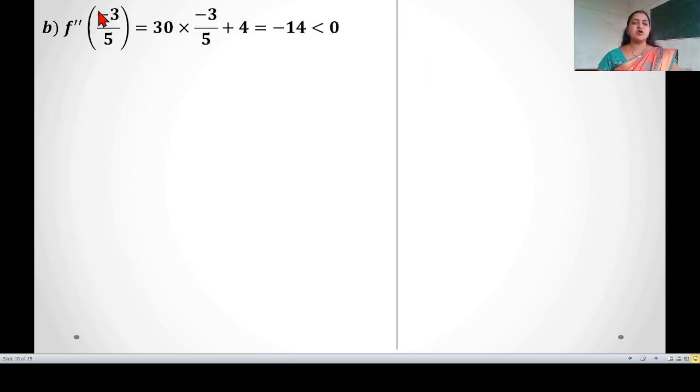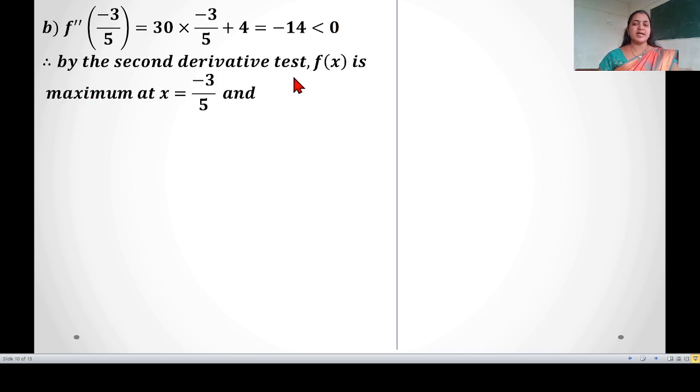So f double dash of minus 3 by 5 is equal to 30 multiply minus 3 by 5 plus 4. Simplify this, we get here minus 14 which is less than 0. So by second derivative test, f of x is a maximum at x is equal to minus 3 by 5